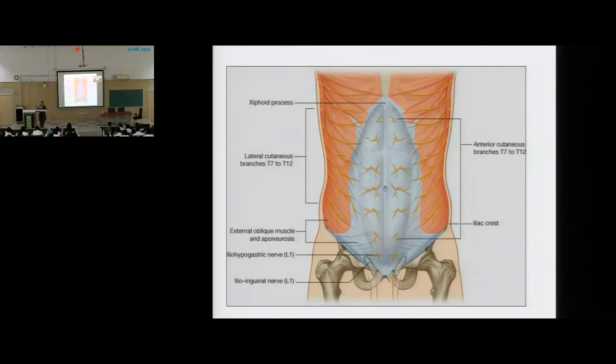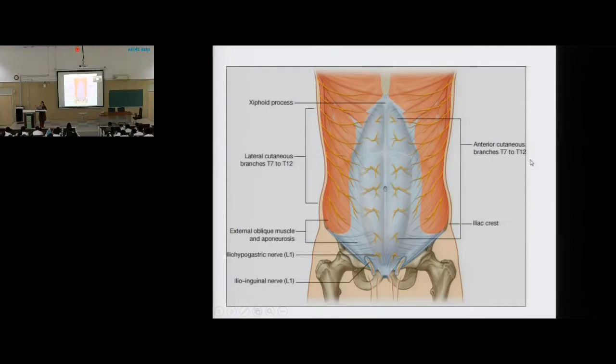Iliohypogastric and ilioinguinal nerve. Iliohypogastric and ilioinguinal nerve, they are going to supply this area. Cutaneous innervation to this area. This is the iliohypogastric and this is the ilioinguinal. Ilioinguinal nerve is going to come into the perineum by passing through the inguinal canal. We'll discuss. It is going to come out through the superficial inguinal ring in this area. How is it formed? We'll discuss. So this is the innervation, cutaneous innervation, that is by the anterior cutaneous branches from T7